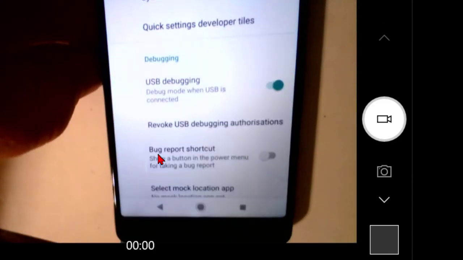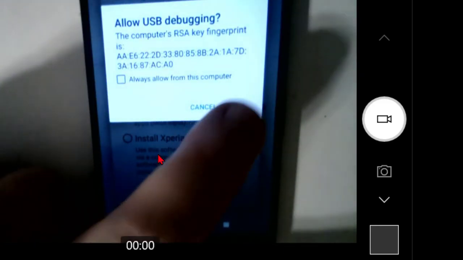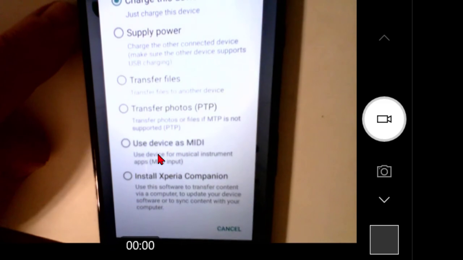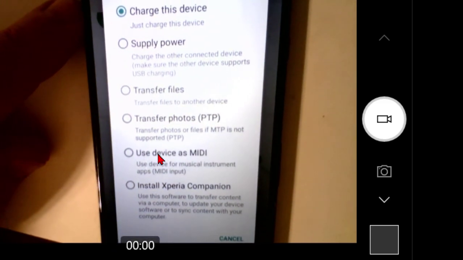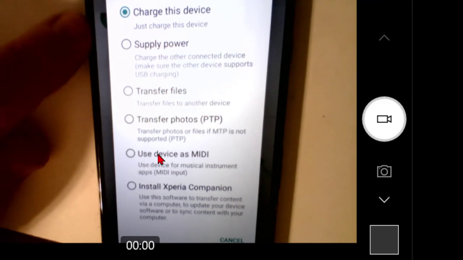So I've got a USB-C cable here. I'm going to plug it in the bottom. And we should see on the screen, hey, allow USB debugging. The computer's RSA key fingerprint is, and I'm going to say yes to that, or tap OK to that. And the USB, lucky enough for us, is set to charge this device. So that's kind of a perfect example of what I was just talking about. So I'm going to come down and select